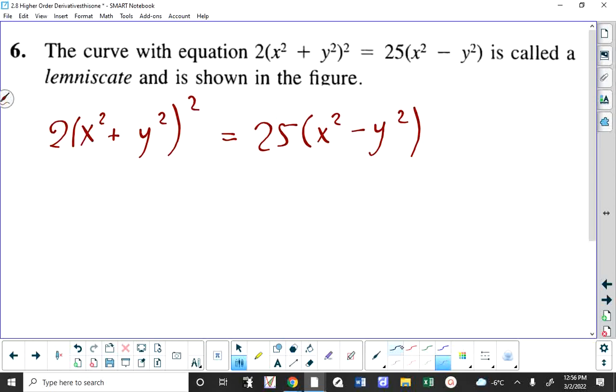So when I look, Liam and everybody, at the left-hand side, it is a power. It is 2 times a base raised to an exponent. So I'm going to apply the power rule by wrapping this exponent of 2 down in front, multiplying by the coefficient of 2. The base is rewritten exactly the way it is, and I drop 1 from the exponent, and then I multiply by the derivative of what's inside. Now,